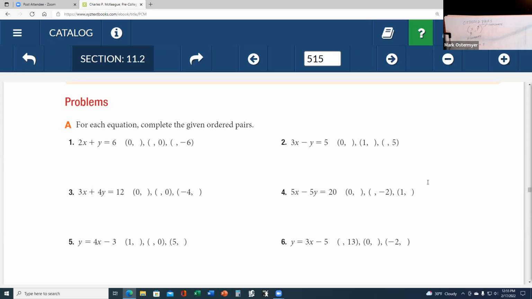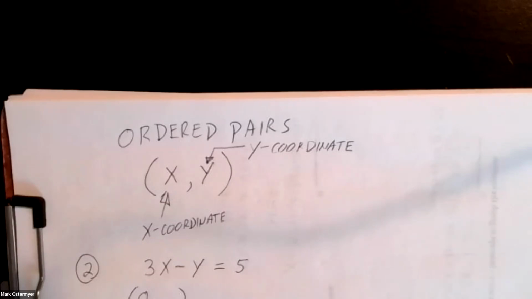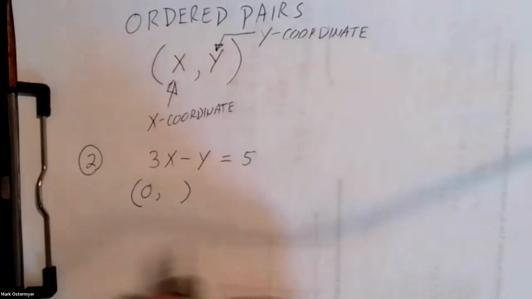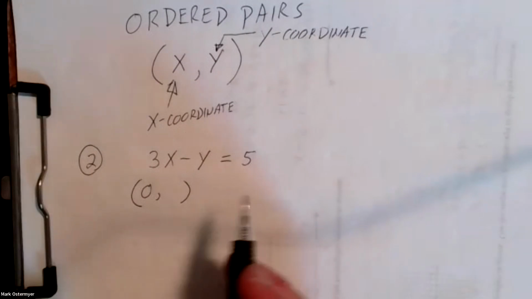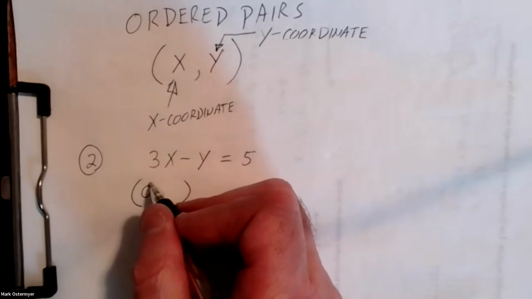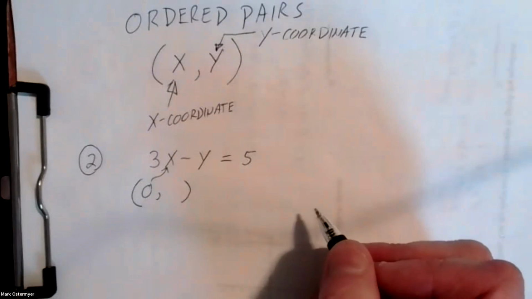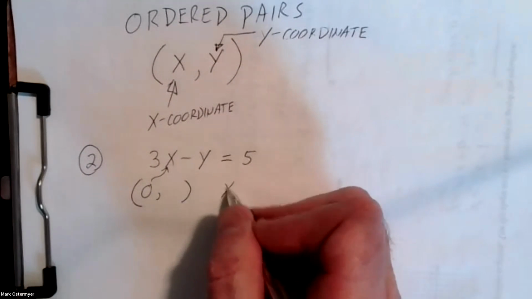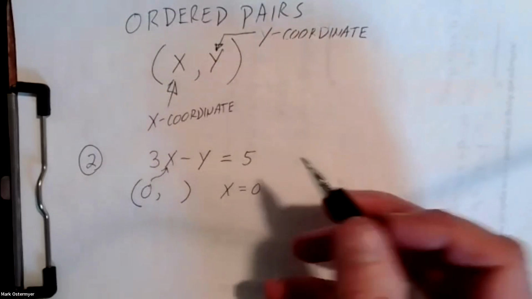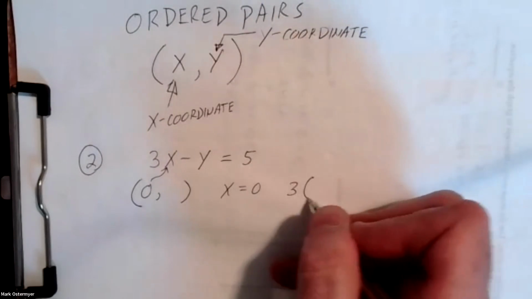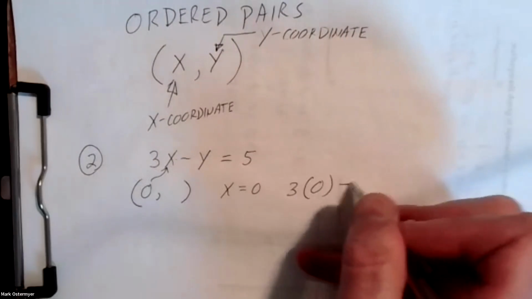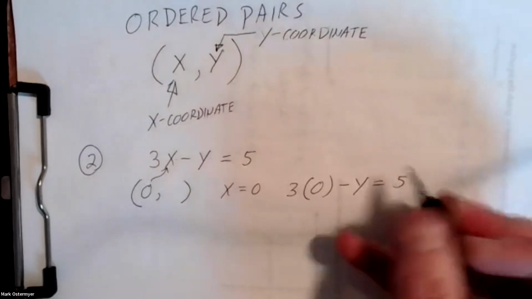So how do we do that? Well, they give us the x coordinate is 0. We got to find the y coordinate. So we know x is 0. So what we're going to do is substitute 0 in for the x variable into our equation, because they tell us that x is equal to 0. So therefore, our linear equation is going to be 3 times 0 minus y equals 5,